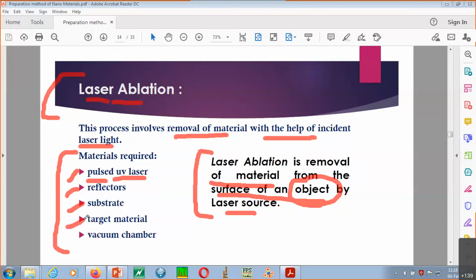And then of course you require target material, which will be in the bulk format. And the last, you require the vacuum chamber. As I said, all such processes you have to do in an inert atmosphere, so you require a vacuum chamber for the same. So that's why you see these are the important parts of this particular laser ablation process. Now let me come down again for all such points one by one.